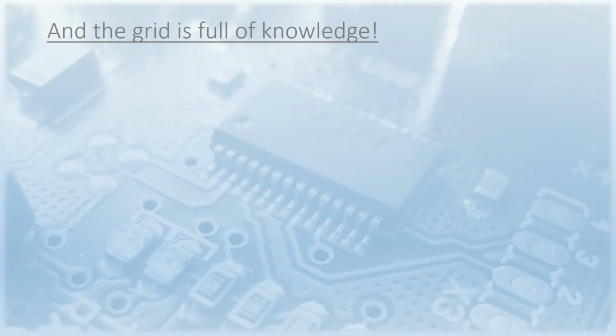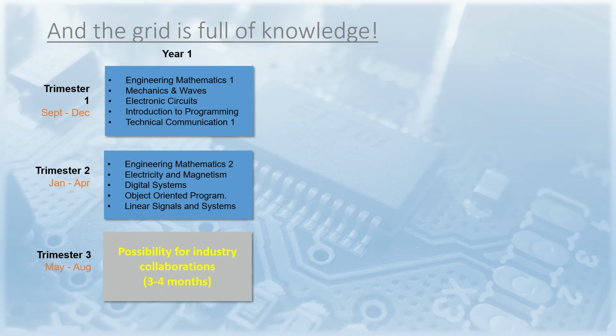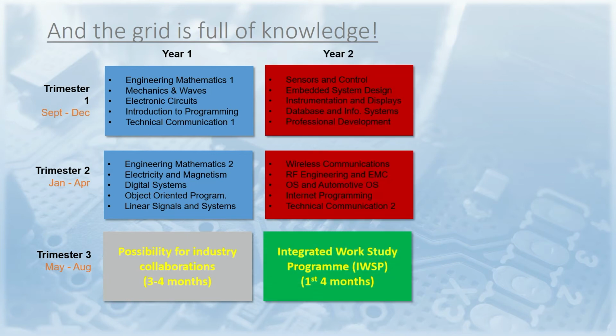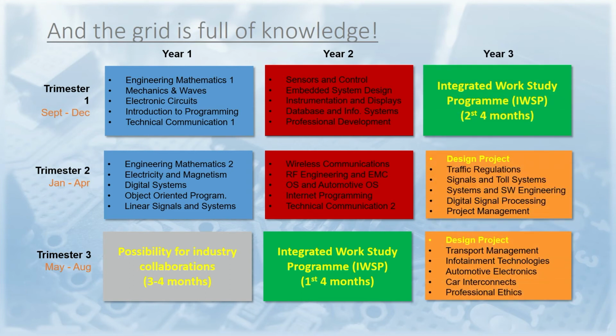I don't want to go too much into detail, but to give you just a glimpse into the content of our program, let's have a look at the actual computer engineering modules. For example, the foundation trimester contains subjects such as engineering mathematics, physics, electronics, or programming. In year 2, some core modules are sensors and control, embedded system design, vehicle instrumentation, wireless communication, or automotive operating systems. Finally, the specialization modules in year 3 comprise traffic regulations, systems and software engineering, digital signal processing, automotive electronics,